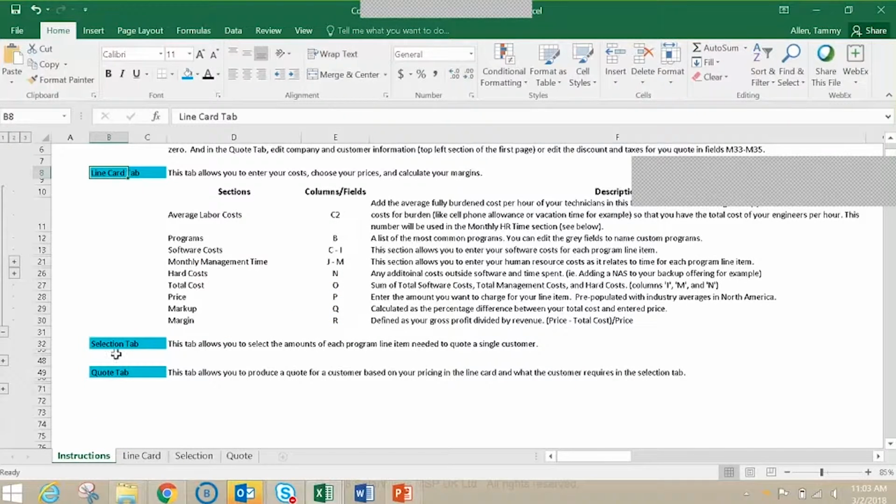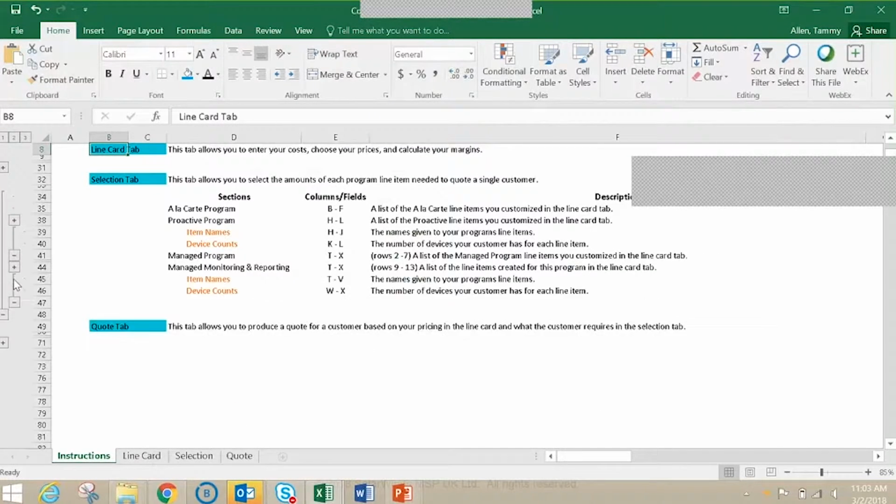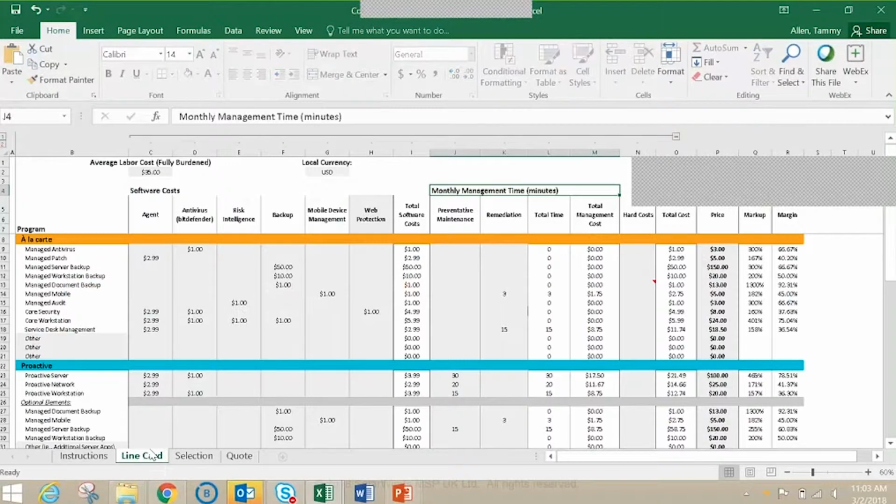There's a line card, a selection, and a quote tab. Within the instruction tab, it tells you what each one of the cells represents and how you can adjust or alter it. Simply by clicking on the plus signs or the minus signs, just to squinch it up a bit, you can adjust things accordingly. So going into the line card here, what we're looking at is specifically, starting at the